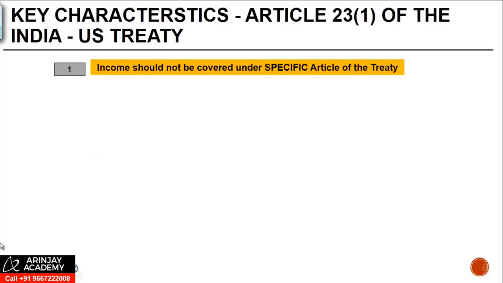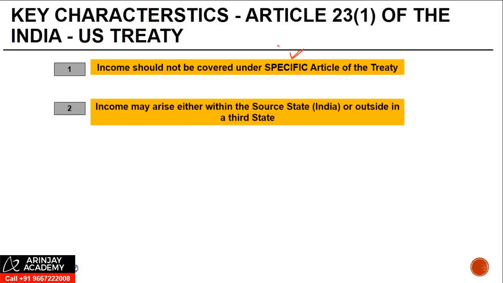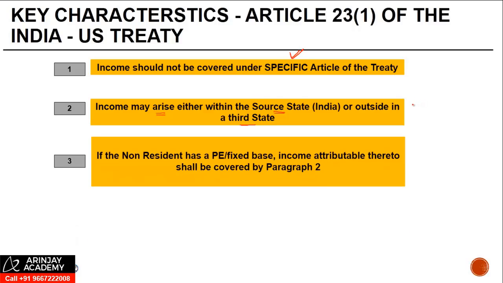So what are the key characteristics of this article? Income should not be covered under specific articles of the treaty. Second, the income may arise either within India or outside in a third state. The use of the word wherever arising. If a non-resident has a PE for the purpose of business profit or a fixed base for independent personal services, the income attributable thereto shall be covered by paragraph 2. We will see what paragraph 2 is, but in case of a PE or a fixed base, Article 23(1)